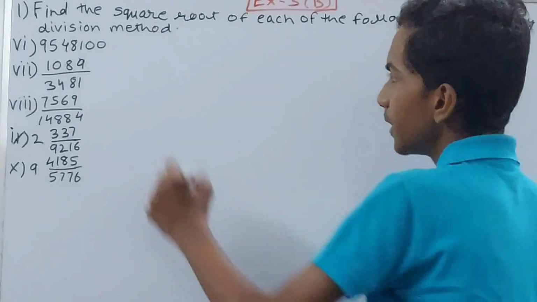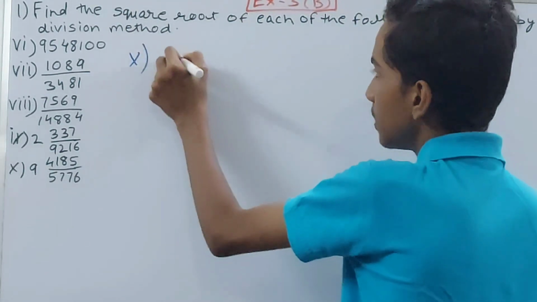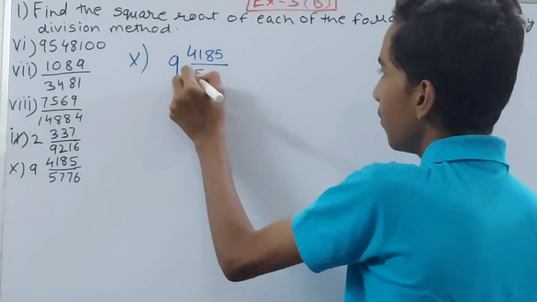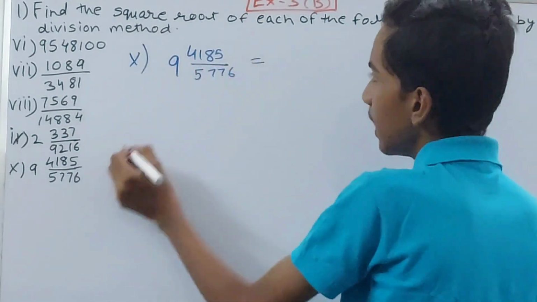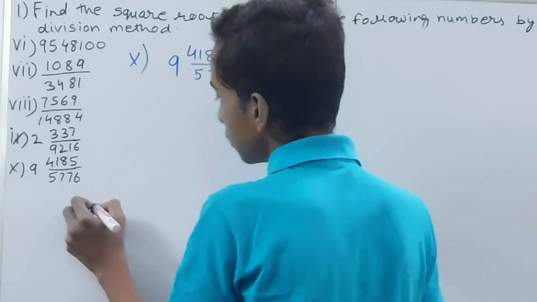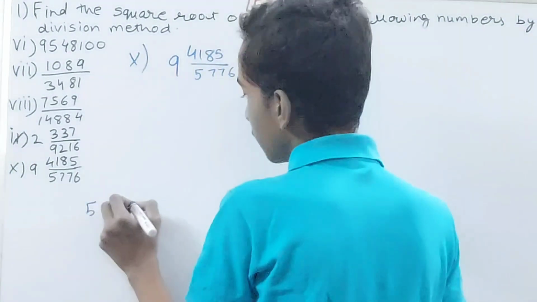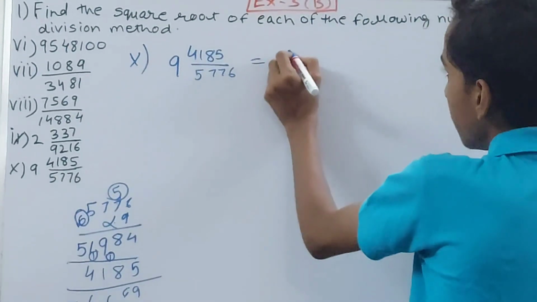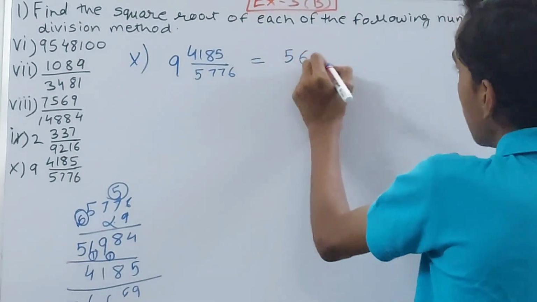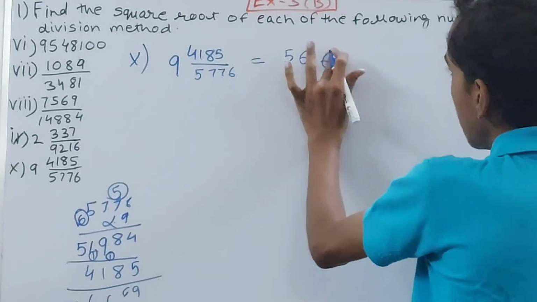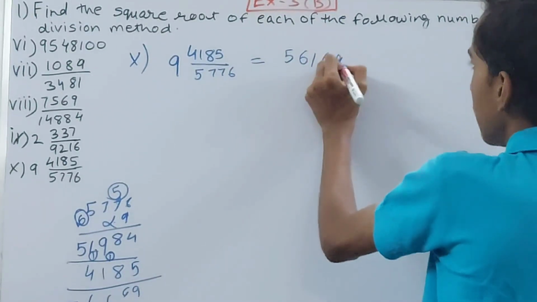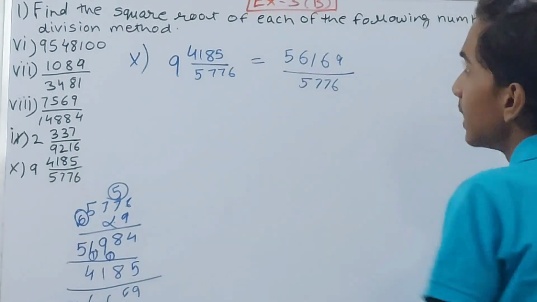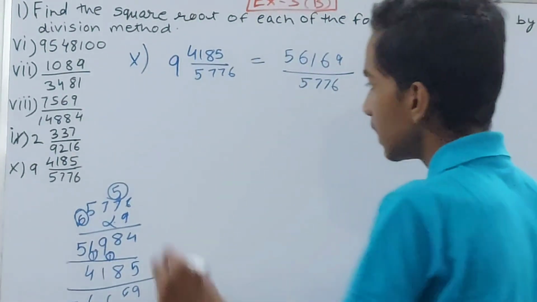The next one is the 10th part. This is 9 whole 4185 upon 5776. Let's make this into an improper fraction. So we have 56,169, right? We'll have 69 upon 5776, which is going to be, let's solve these,